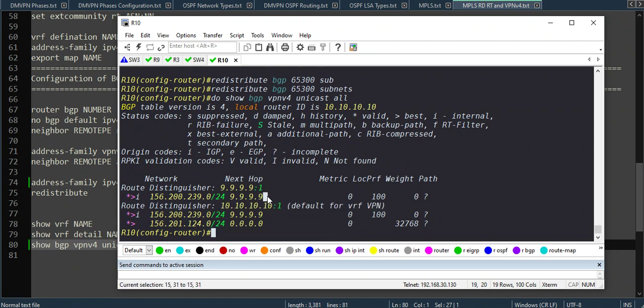This is the default, and this is the route distinguisher,